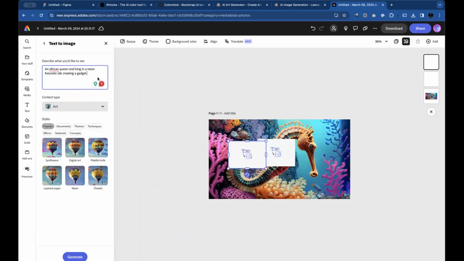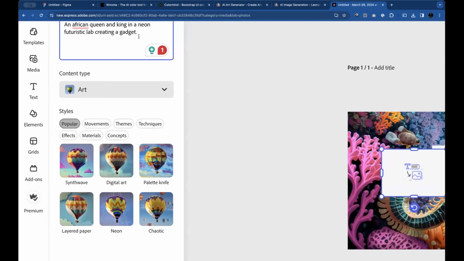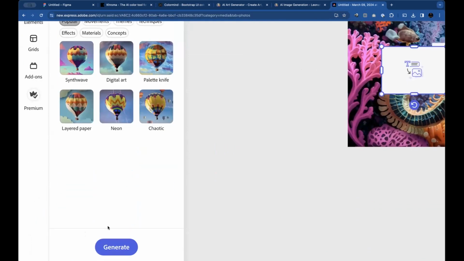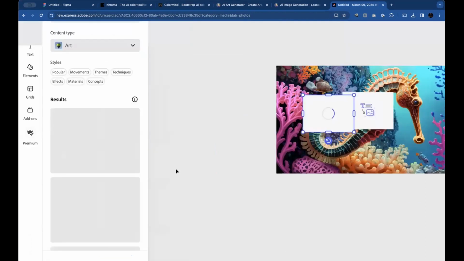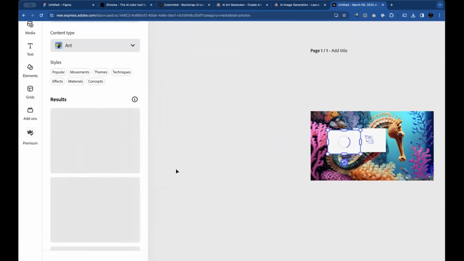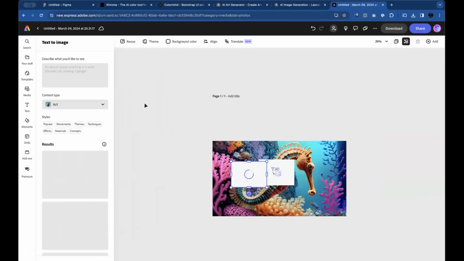Okay, so once you have that, if you can see my screen, once you're done with your description, go all the way down and click generate. Then watch as it generates this for you.